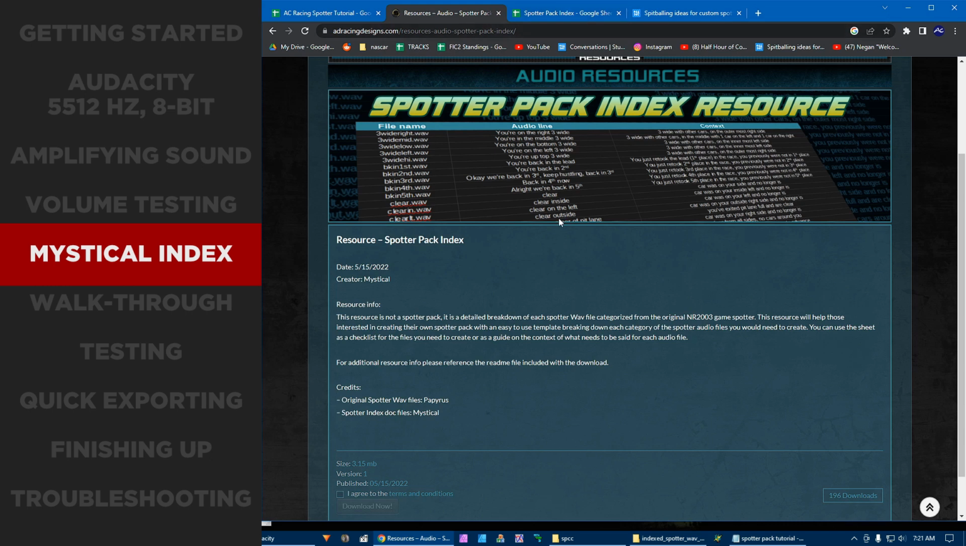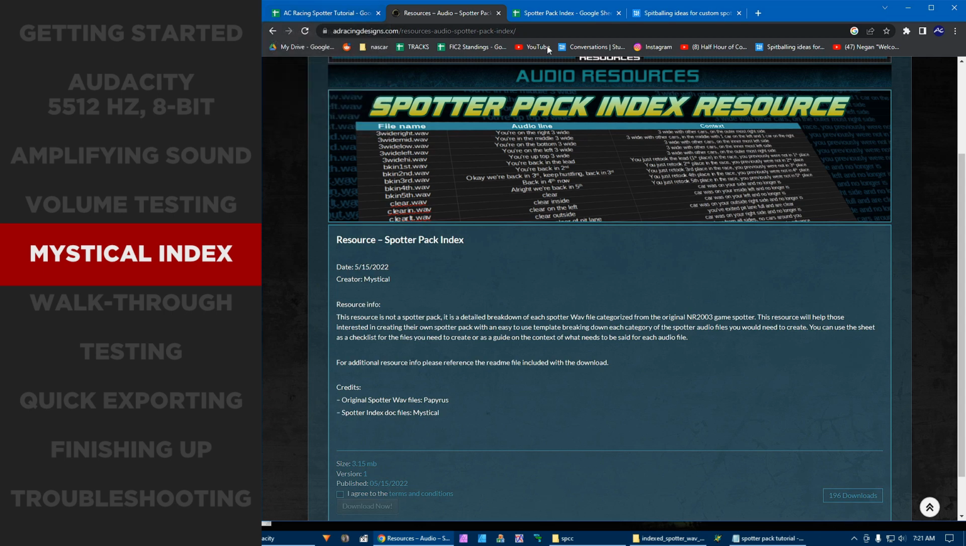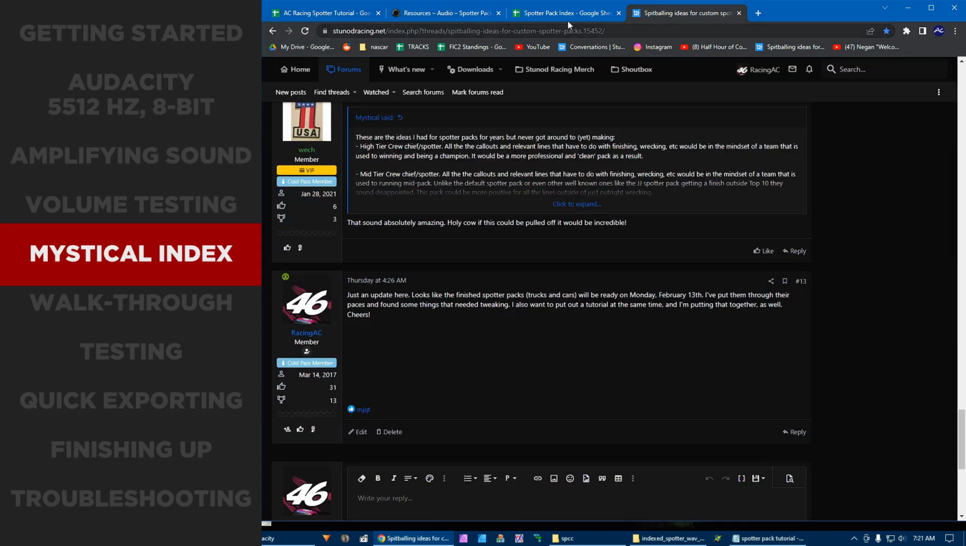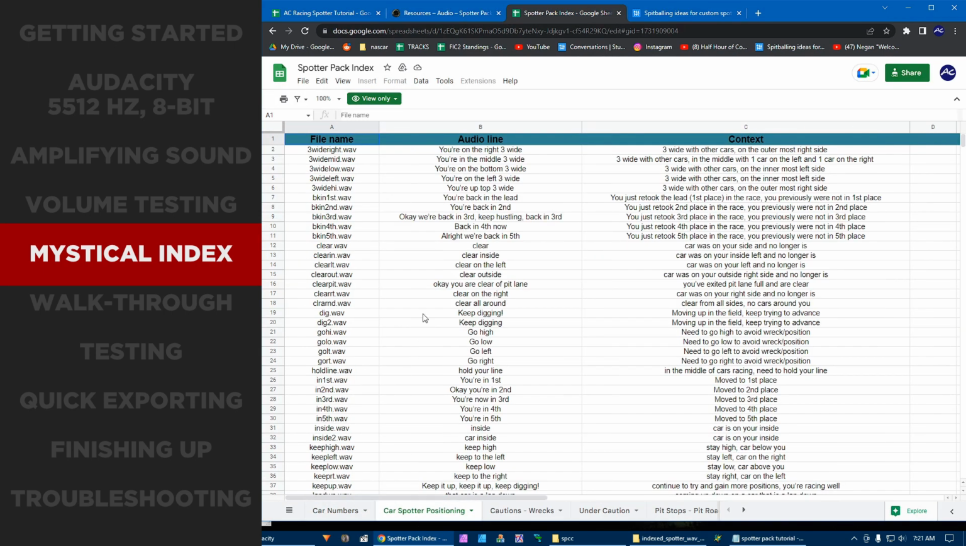I've found, again, Mystical did an amazing job. I probably wouldn't have even made the spotter pack if it wasn't for the index that Mystical made, but I found a better way to put some files in to remind you, hey, you'll see what I mean. So that's Mystical's spotter pack. And what Mystical did was use the default spotter